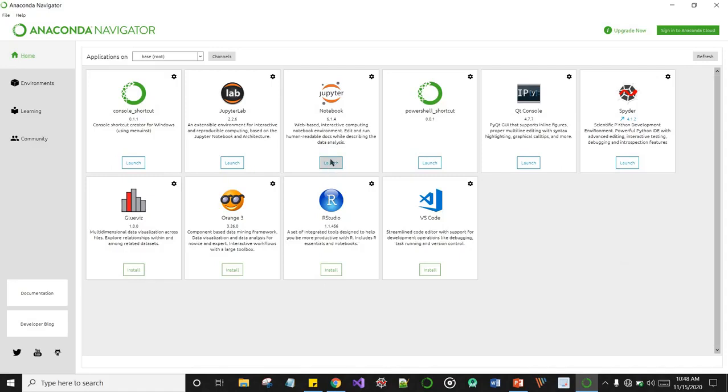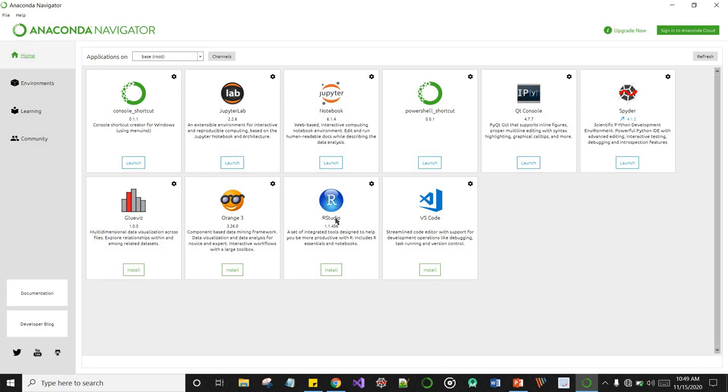Okay, this Jupyter notebook we talked about at first, and you have some other applications or development environments that are pre-installed with Anaconda: your console, Jupyter Lab, Notebook, and Spyder by default, and Qt console, I think, is by default pre-installed with Anaconda Navigator.